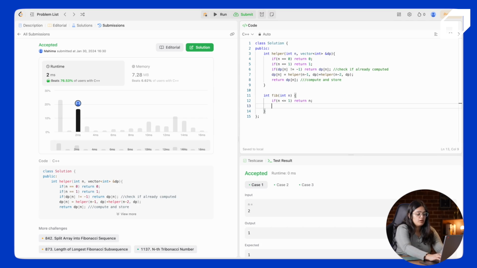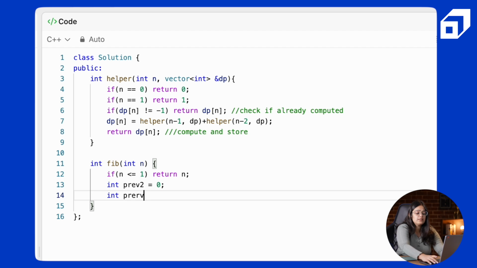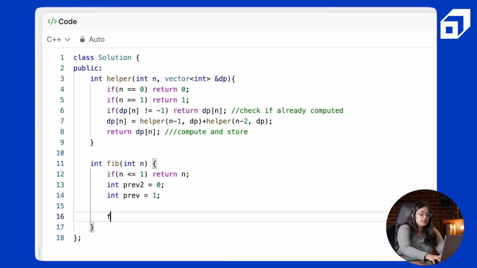Okay. So our previous 2 will be the 0th index, and our previous 1, just next to previous 2, will be the index 1 and the value there is 1. So these two things are there. Then we'll start computing from index 2, so from index 2 till index n,